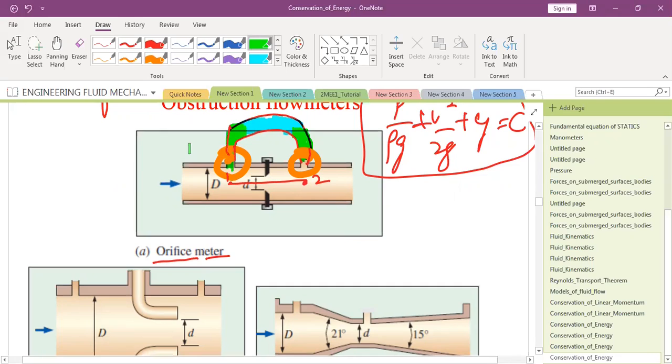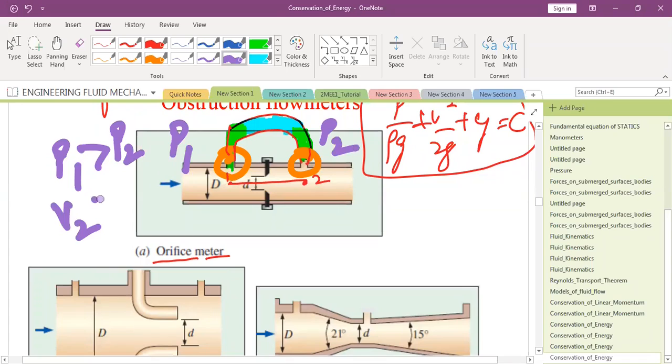so that the pressure here is higher. So pressure here, say I mark this as 1. This is pressure at 2. So pressure at 1 should be greater than pressure at 2, because I know that V2 is greater than V1. Because by Bernoulli's equation, if there is negligible pressure drop or head loss along the streamline, then